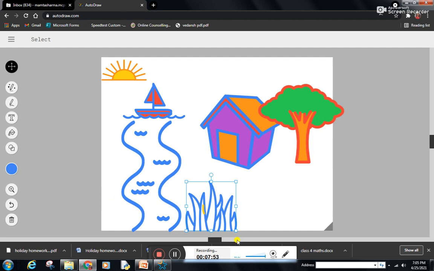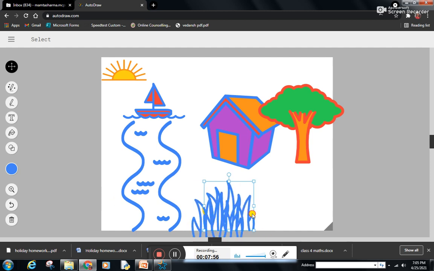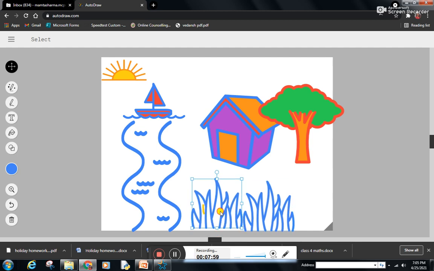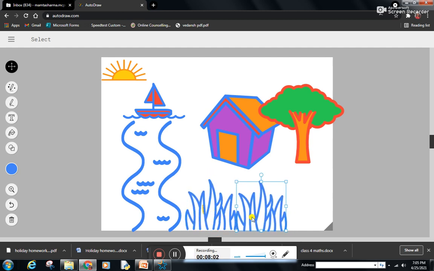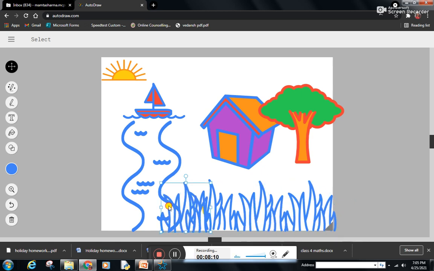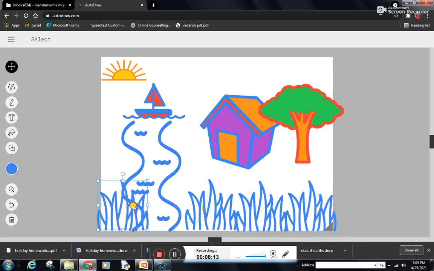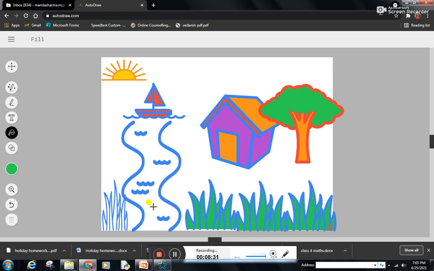Okay, and we can copy and paste also. Control C and Control V command can also be used, right? So as I'm pasting over here, the more copies can be created and pasted. Control C and Control V, we can drag and we can paste it here as well. If you want the size to be reduced, we can reduce the size and paste it here. It is completely up to us. Now I want to fill color in this, so I need to select the fill color and use the green color. As you can see, the green color has been filled.